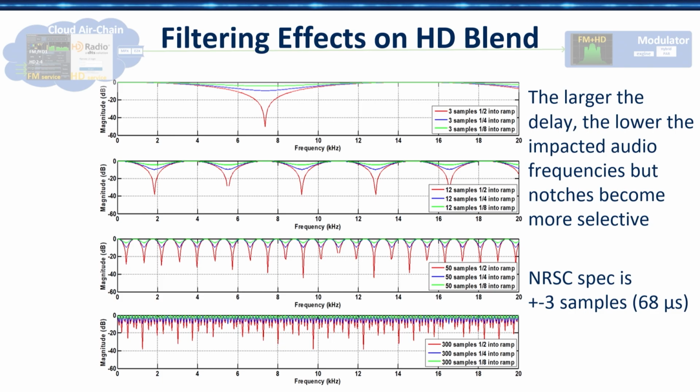Once you slip out to 12 samples, it shifts down into your main audio content, 2 kilohertz, and there's more comb filter notches happening. As you're out to 50 here, then it becomes very apparent. The interesting thing that happens when you slip out further, like 300, is it almost becomes a little bit better, in the sense that it's unlikely that your entire audio is going to be nulled out, because the notches are becoming very, very selective. So the message here is either you hit the bullseye, less than 3 samples, which is the NRC specification, so we should strive for that. But if you can't meet that, you might almost be better off a few milliseconds out. So the danger zone is actually really close.